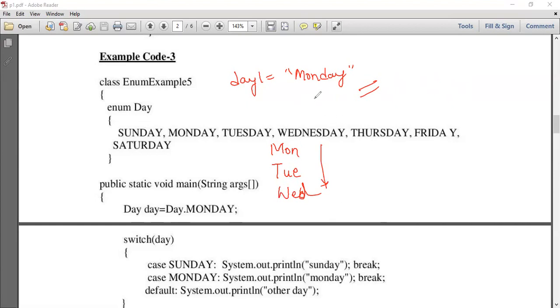When we declare them as strings, it is not possible to determine the order, because when we treat them as strings, the order depends on the alphabet values, that is the ASCII value, so they will be in order A to Z. That ordering is not possible. The ordering is possible if we declare them as integers, but integers pose another difficulty.